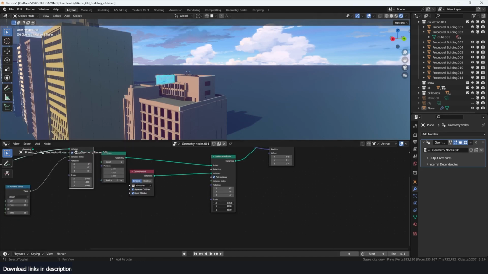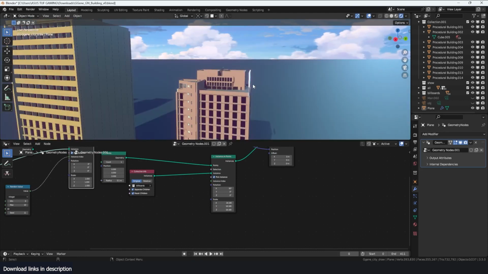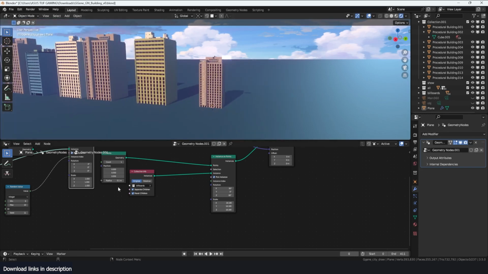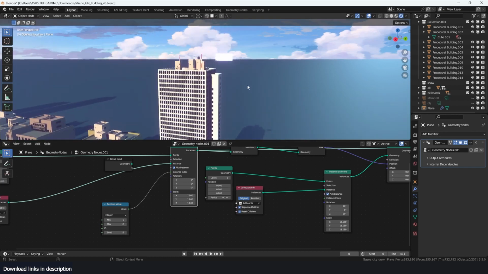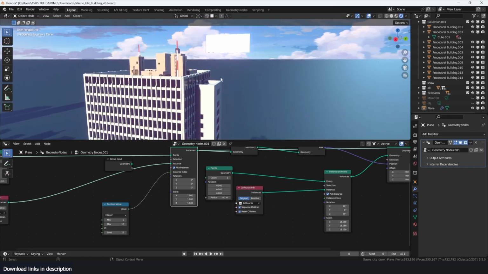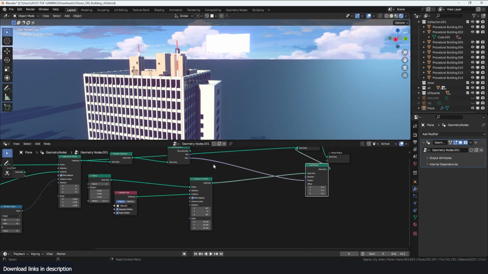So if I scale up the building, you can see it's like that. And I think I want to rotate it 90 degrees on the Z. Yeah, as well. So something like that. If I switch the building, you can see this billboard will always be 90 degrees up. But that also creates a risk that this building is going to be in space like that. So what I'm going to do is come here onto this vector that is giving us the position and use